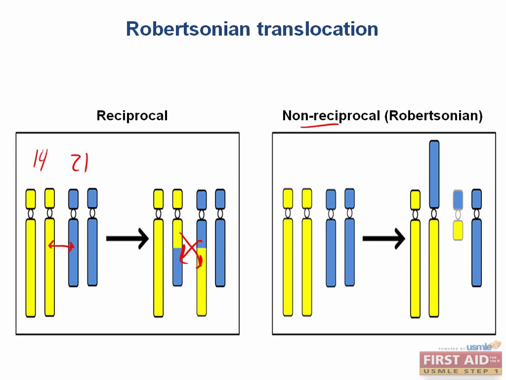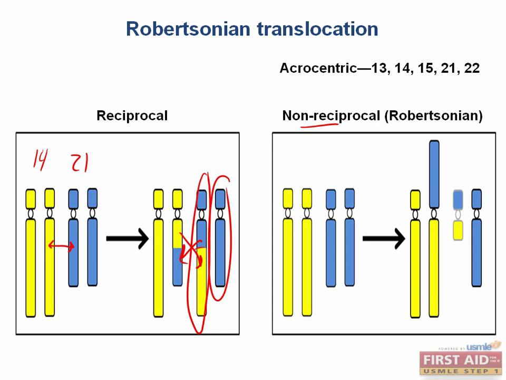but it can lead to miscarriages or abnormalities in their offspring, since their offspring will no longer be balanced. For example, they might get this part yellow, part blue chromosome from their dad, but a fully blue one from their mom. So they'll only have half of a blue chromosome and have an extra half of a yellow chromosome. This is often not viable, thus the miscarriages.